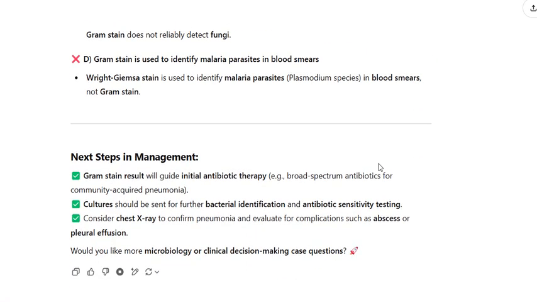Gram stain result will guide initial antibiotic therapy, e.g. broad-spectrum antibiotics for community-acquired pneumonia. Cultures should be sent for further bacterial identification and antibiotic sensitivity testing. Consider chest X-ray to confirm pneumonia and evaluate for complications such as abscess or pleural effusion. Would you like